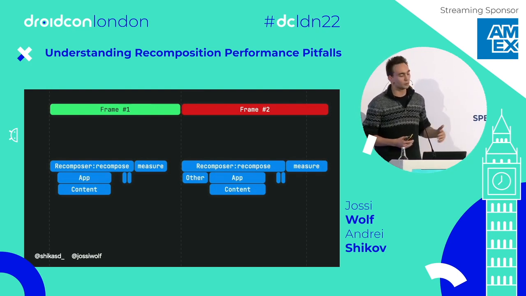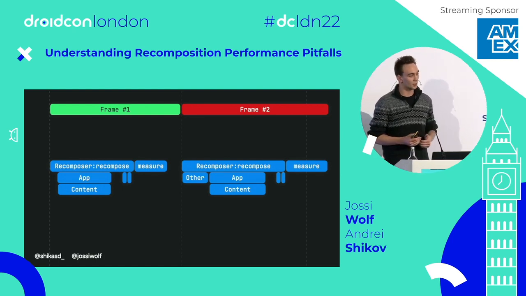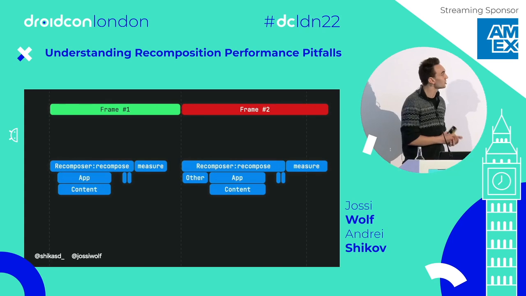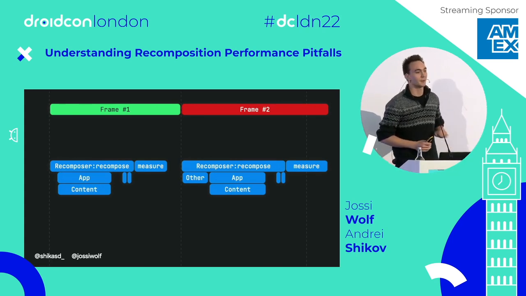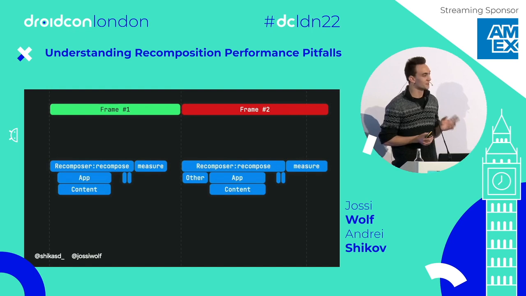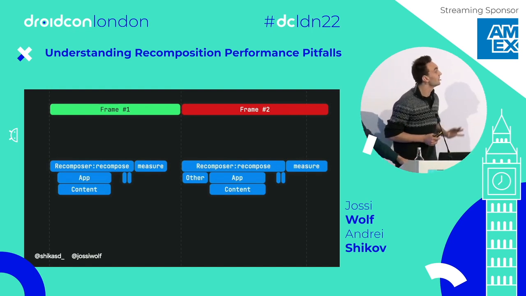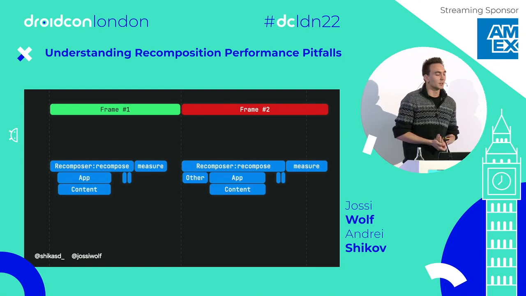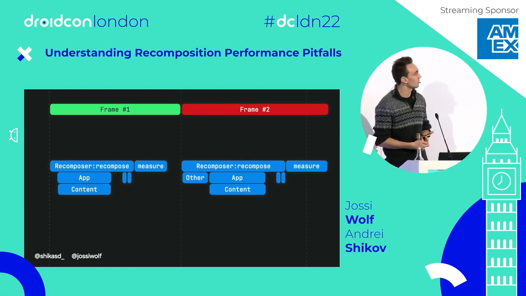And you get an actual breakdown of which composables were executed when and how long it took to execute them. So here we see frame 1, everything is great, it's green, that's always good, right? But then frame 2, we see it's red. Okay, warning signal. What is going on? Maybe we have scrolled and we were doing a bunch of work